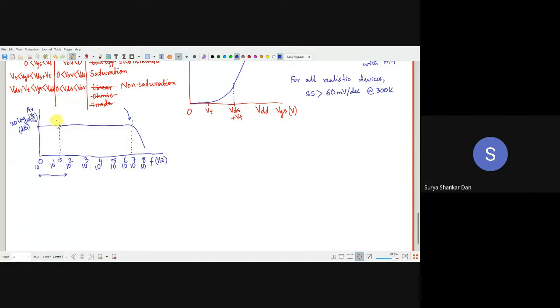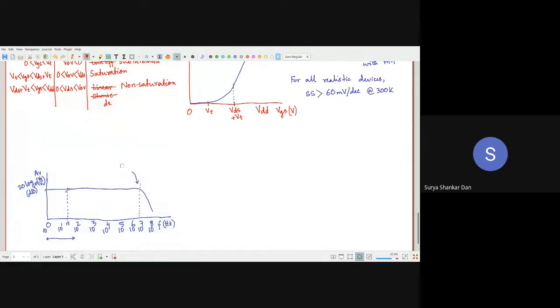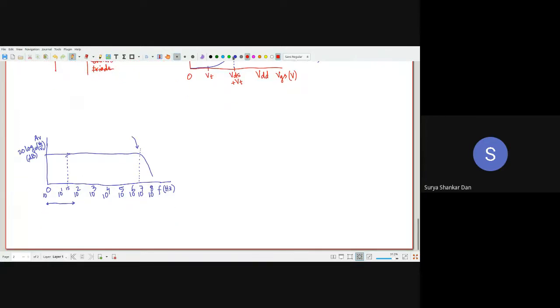ठीक है ना? So in case of analog ICs, you will essentially have a Bode plot like that. Now usually what people will be doing is, if you are not essentially using for very high frequencies, what people will be doing is, remember I told you the metric of an IC is not the bandwidth, it's the gain bandwidth product. So what is the gain bandwidth product? It is actually the area under this curve, है ना?